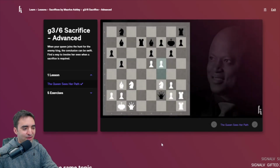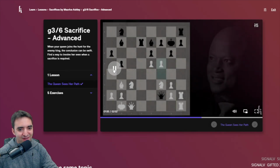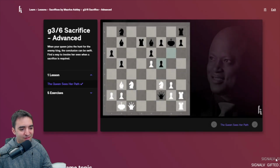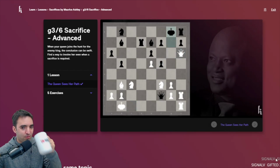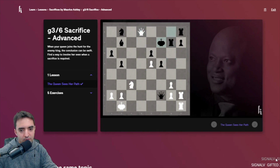Okay, generally, there's no need to pause these videos, but f5 is a type of move you should play and then see the resulting combination. Of course, really you could take with the g-pawn if you like, but that's going to just open up the king to this brilliant sacrifice, bishop takes on e6, and that's going to be all she wrote. The queen could take on e6 and then f5, continuing the attack, or even play knight to g5 in this position where trading off pieces does not help and trying to block, because the queen will just ravage your pieces